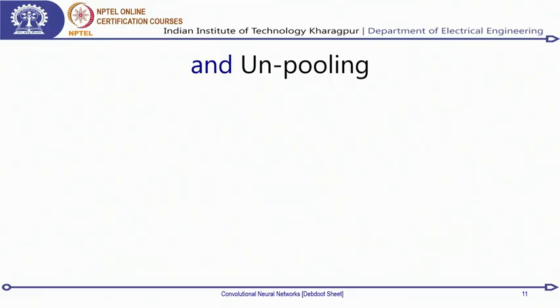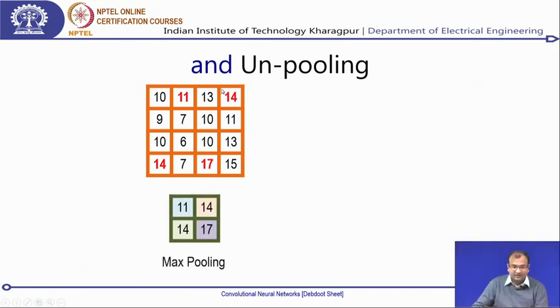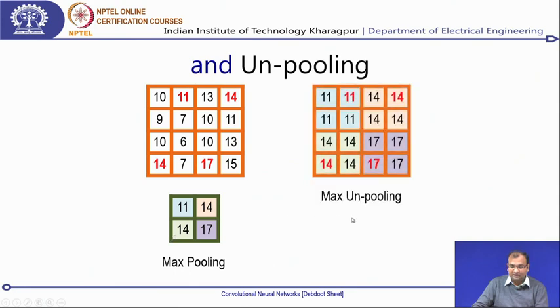Now once you have done pooling, you need to understand that there should be an opposite side of it, which is, say I have a smaller size image and I want to create a bigger size image. So I should have something which is the opposite of that or undoing it, and that's what's called unpooling. So within unpooling, the concept is something of this sort: if this is my input which has been pooled, and using max pooling this is my output. Now when I try to do a max